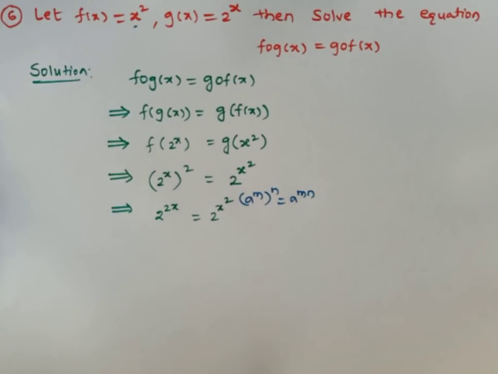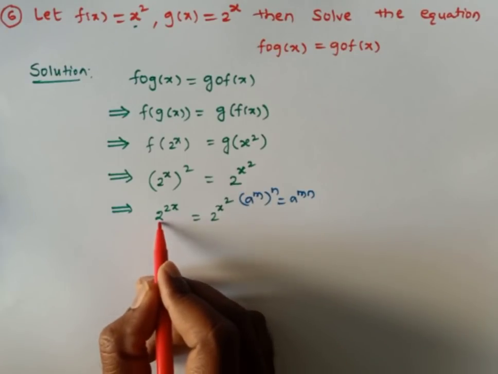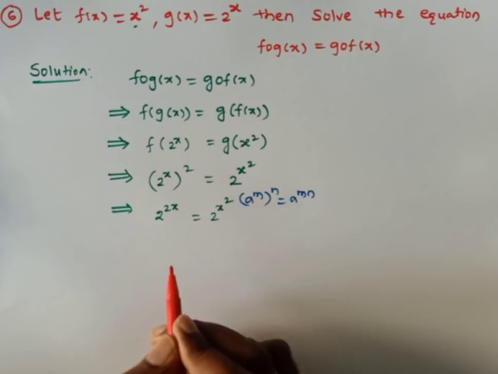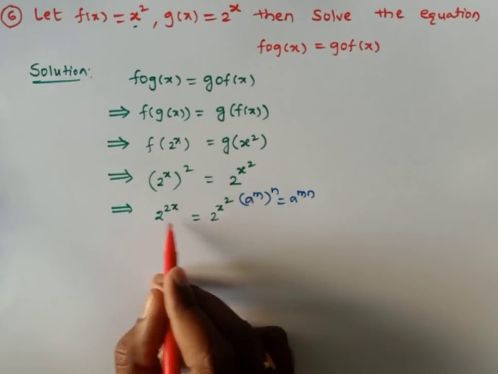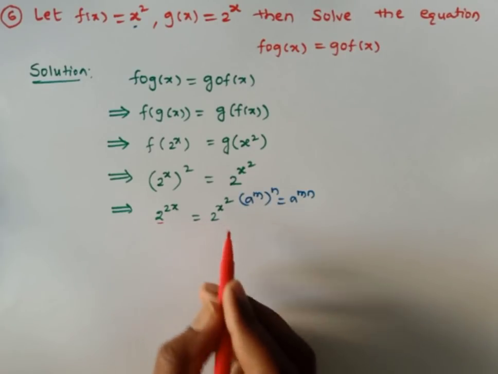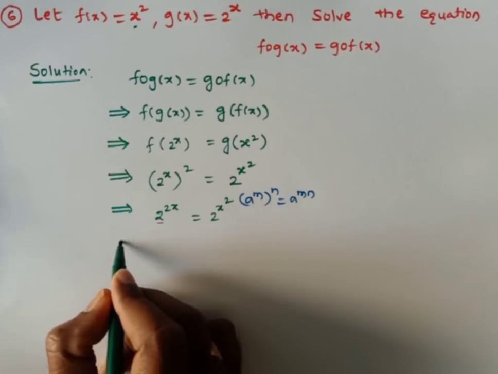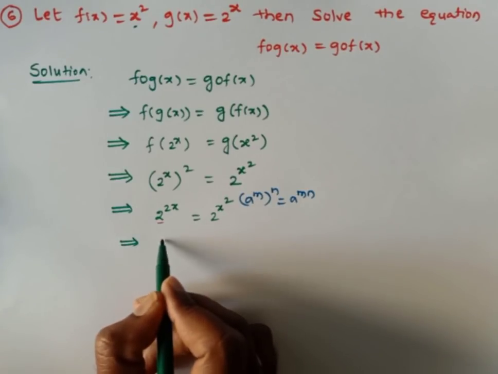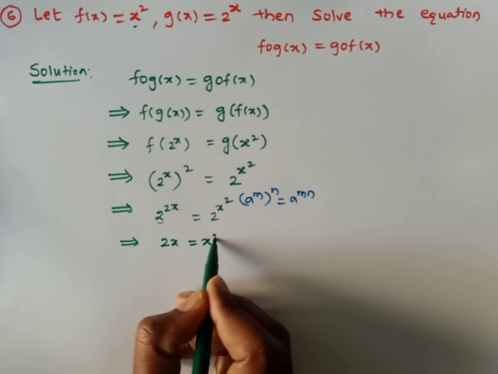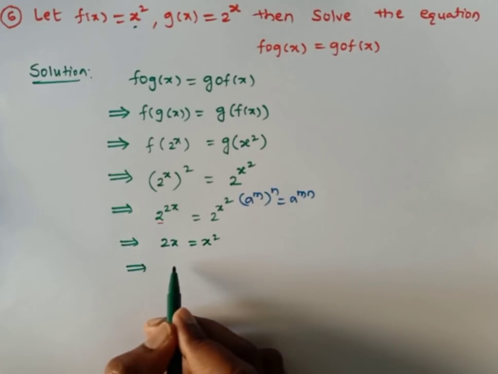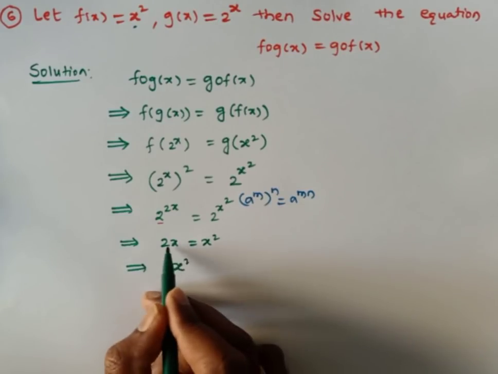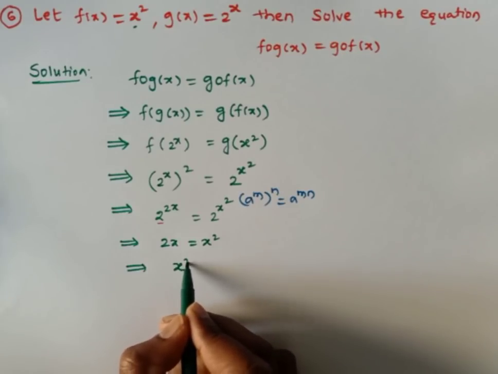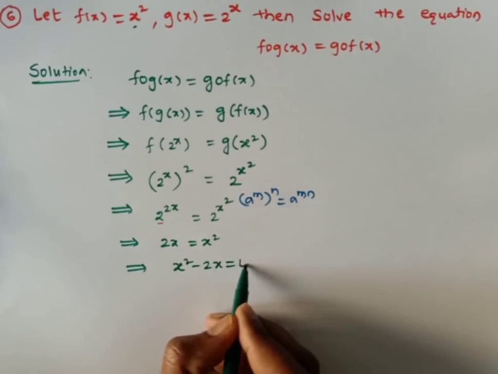Now you can observe the bases on both sides. On both sides the bases are same. On the left hand side it is a power x, and it is also a power x form. So this is like a power x equal to a power y form. Here the bases are equal, which means we can equate the powers. So the base is same, therefore powers are also same, so 2x is equals to x square. Now finally this can be written as x square minus 2x equals 0. So just transpose this 2x to the right hand side, therefore it is x square minus 2x equals 0.